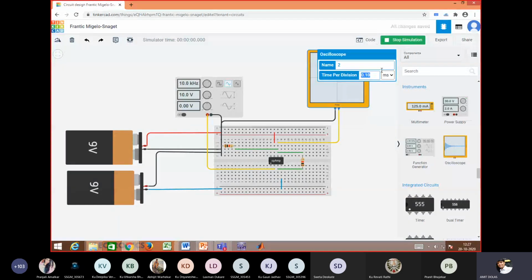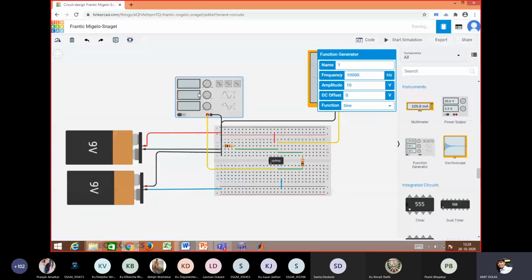Try 1 millisecond here. We'll try to change the voltage again. Also, I'll try to change frequency. Say 7 volt again. So once I start the simulation, it seems to be there is square wave, but again it goes in negative sat.